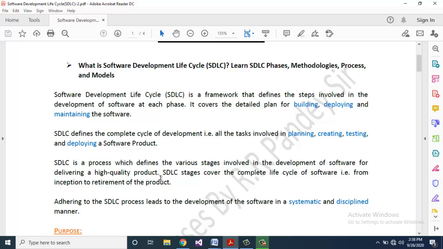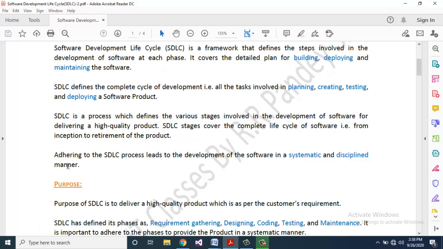SDLC stages cover the complete life cycle of software, that is from inception to retirement of the product. Adhering to the SDLC process leads to the development of the software in a systematic and disciplined manner.